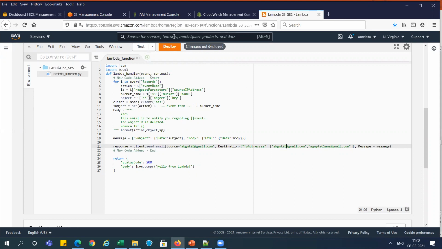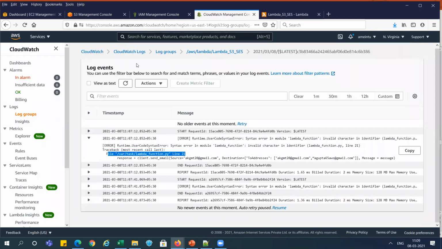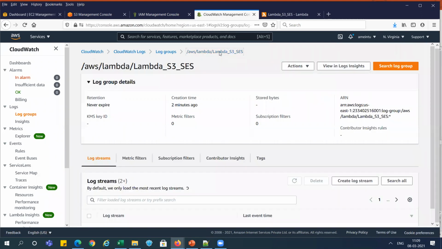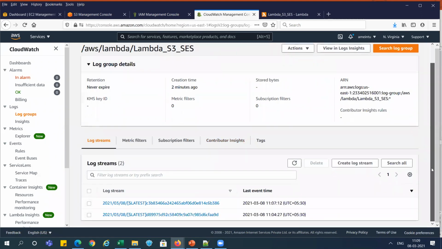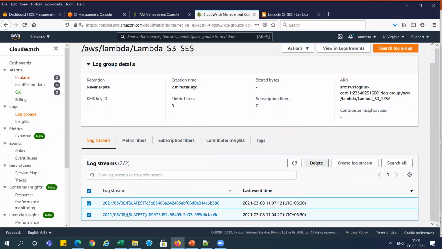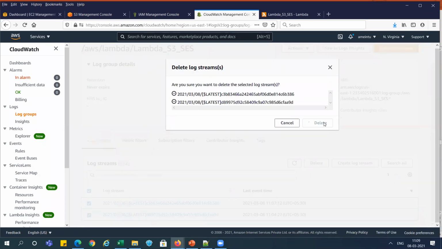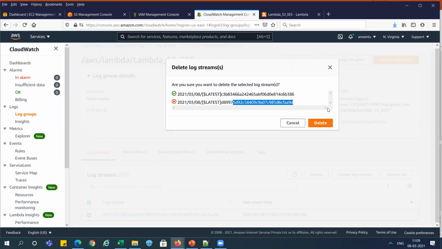We can again deploy the changes, right? And again, we need to delete all those logs so that we don't get the old ones. Let me delete it. I don't know why it is not deleting.